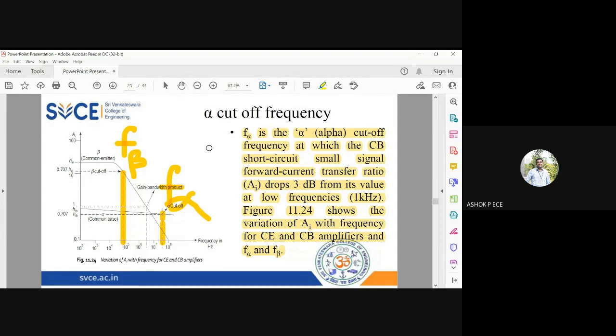These are some of the important conclusions we make with respect to the cutoff frequencies in high frequency